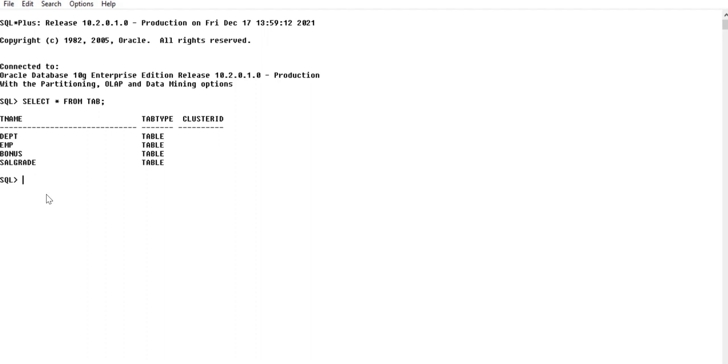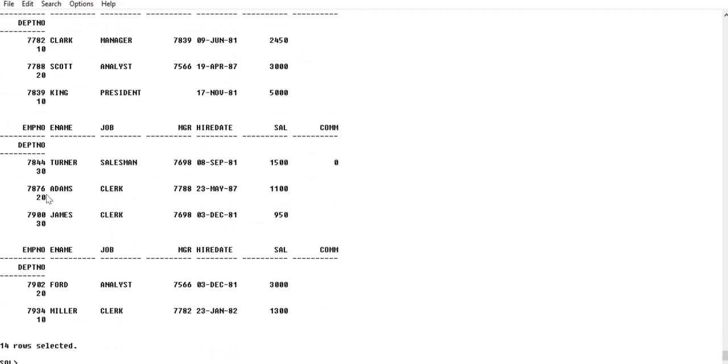To get the details of a particular table, we have to give select star from EMP. I need the details of the employee table. So semicolon, and see here, these are all the details. You see it has a lot of spaces between these two columns, or two rows. To decrease that,